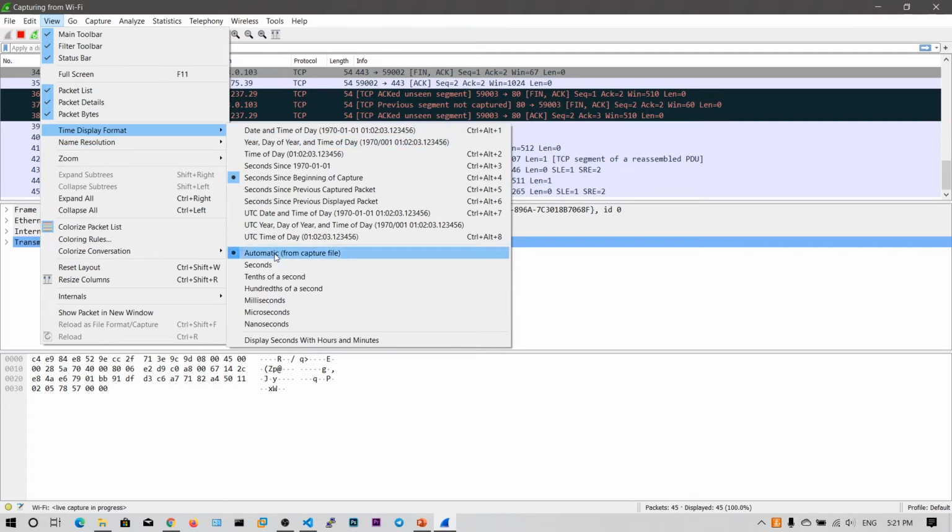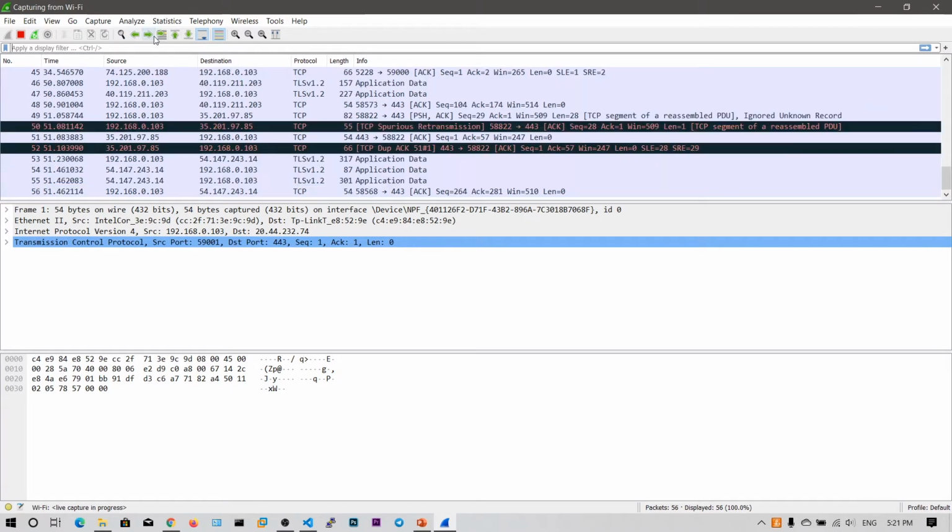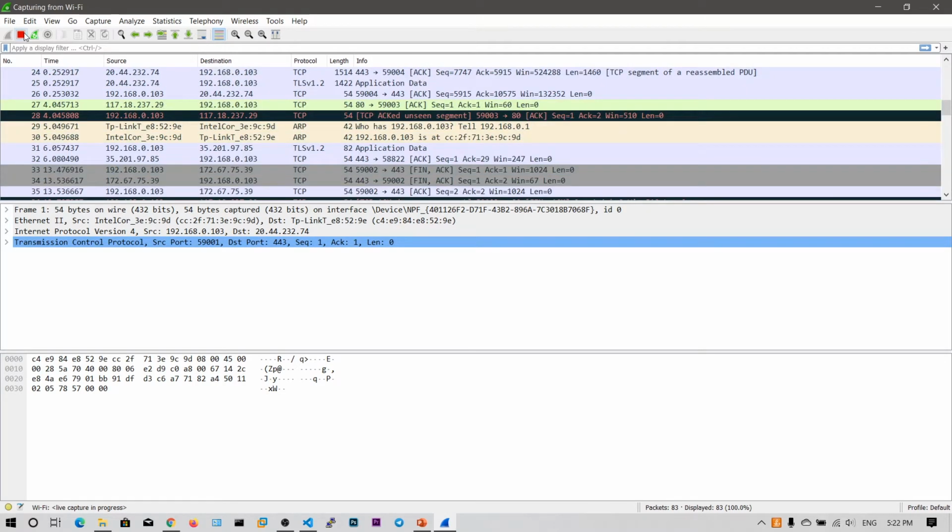So this all affects this display, and you can see here the same edit options are there, and these are some overall basic settings. First I will explain this part. So let me stop this capture.